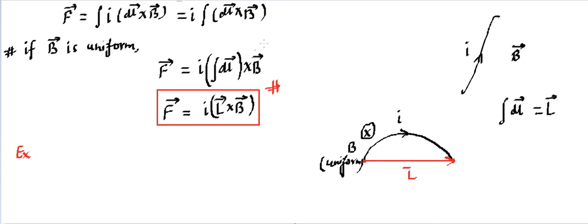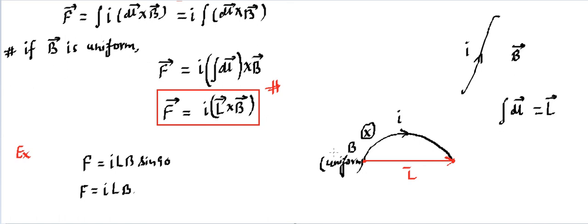Now if I am supposed to write the force in this case, the force is going to be I L into B into sin theta. The angle between B and L, which is inside the plane, is going to be 90, so we write sin 90 degrees, and we know what that is. So it's simply F is equal to I L B. That's the magnitude of force acting on this current carrying wire because of this magnetic field, right?